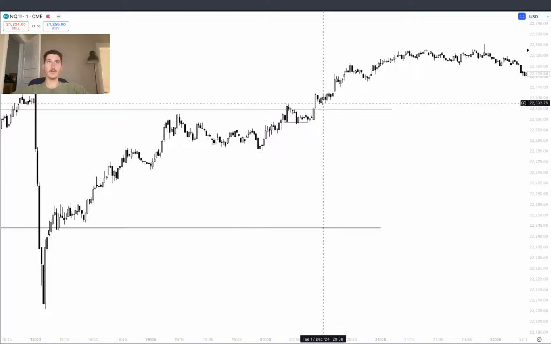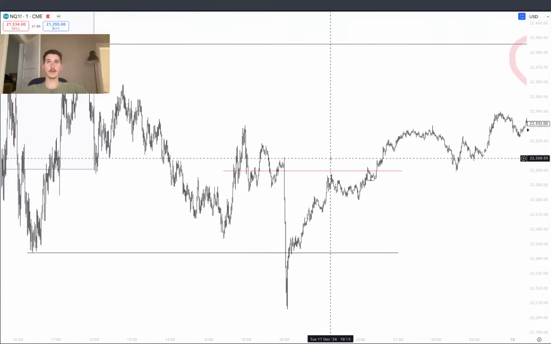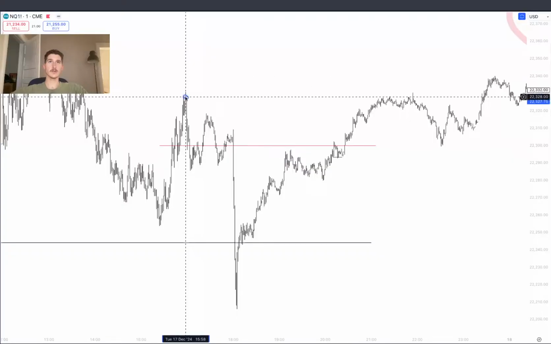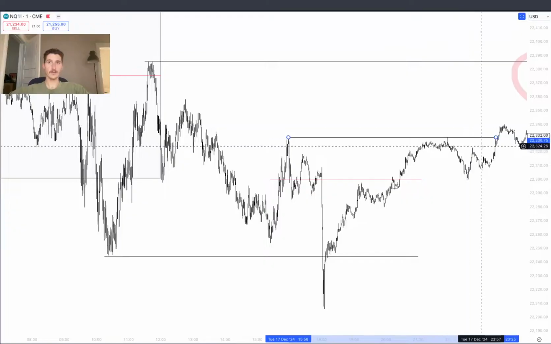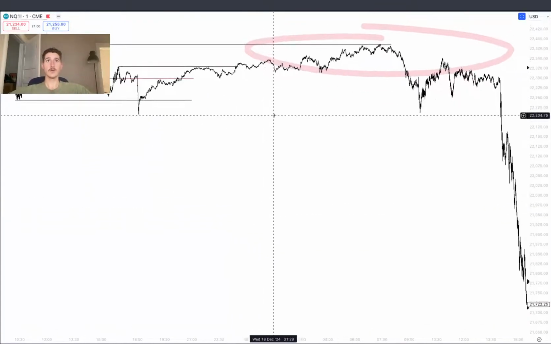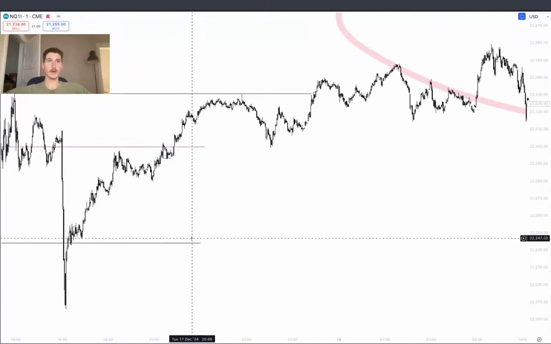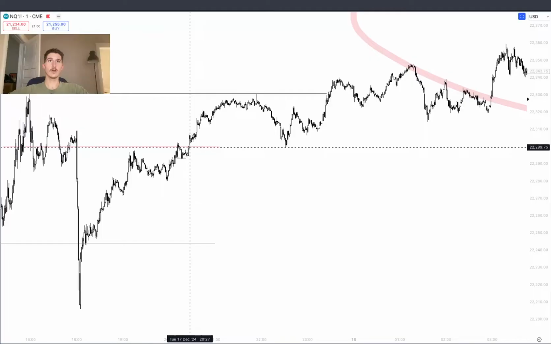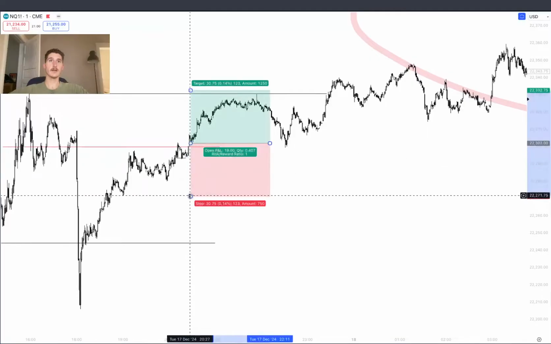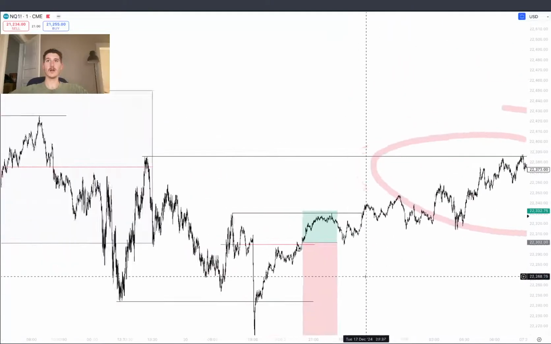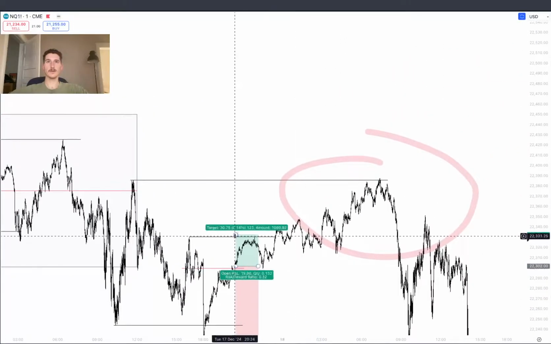And then we flip back up over it, and boom, we know that the 1 minute is going to flip up now. So we know that we're going to take this out, and if we take this out, then we're taking out a fake flip zone on the 1 minute, which makes it a double fake flip zone. If it's a double fake flip zone, where's it going? Probably to a 15-minute draw. So you can get in on a long here. In this instance, you can get in on the long once it comes back above that, and you can target that 15 minute. That's probably not a good RR, but there would be opportunities to